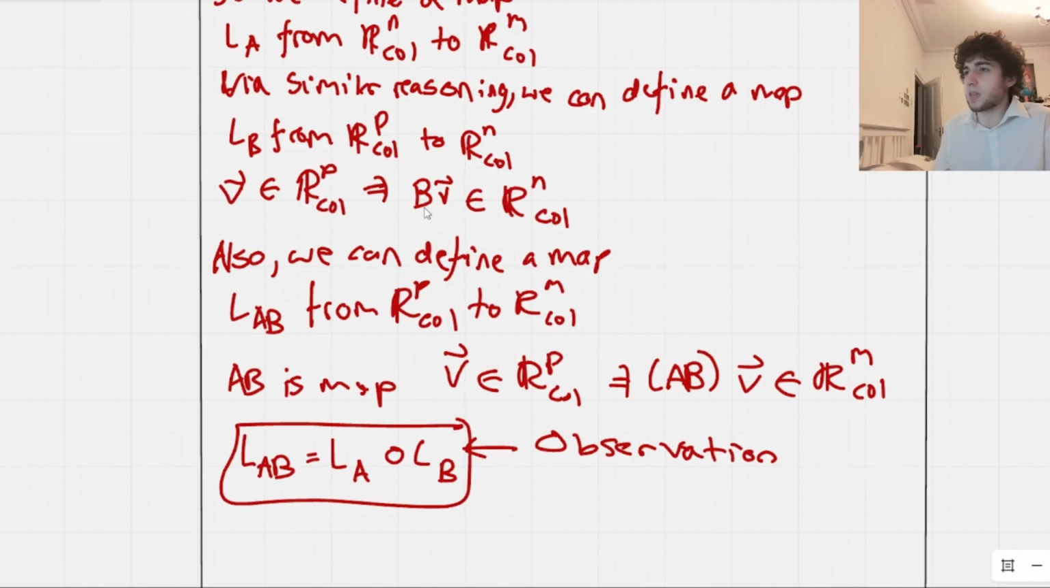And that is the same thing as just effectively doing one mapping, which is just LAB, because LAB takes you straight from our P-call to our M-call, which we can do either via a 2-step mapping, a composition, or via a 1-step mapping, okay? So that's what this is saying, and that comes out neatly as a result of the way that we define matrix multiplication. Okay, so this is nice,